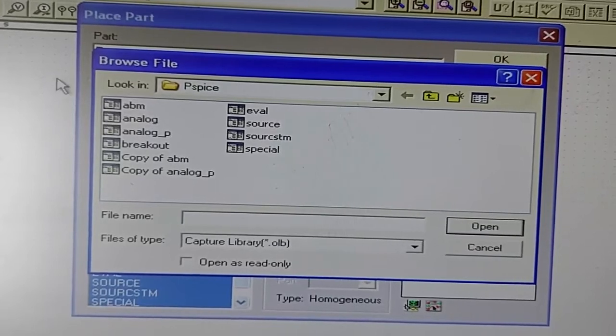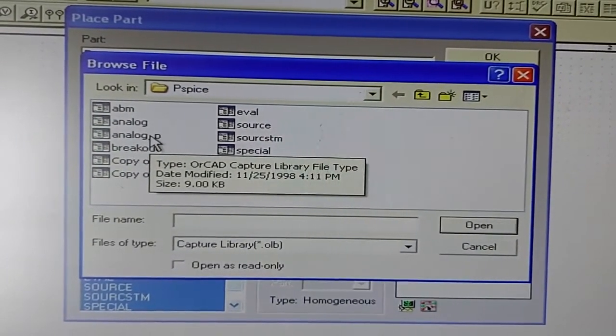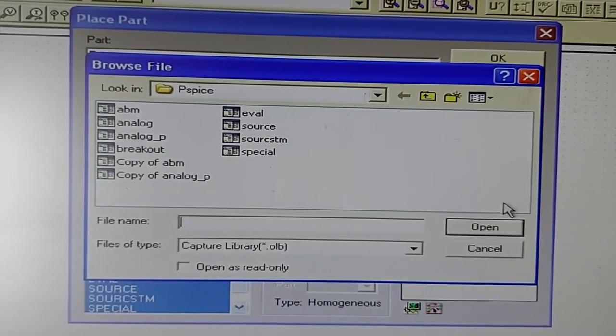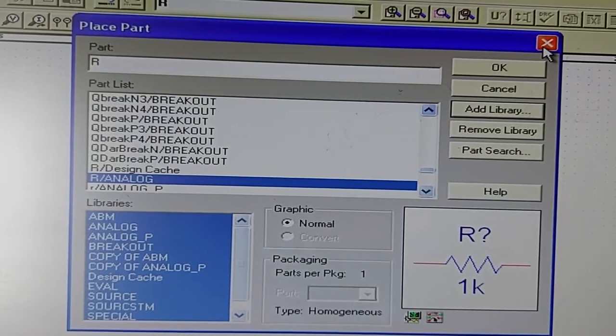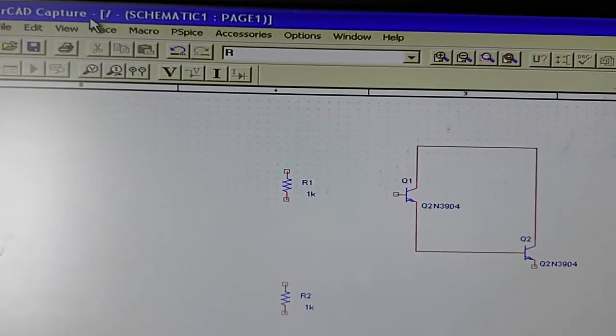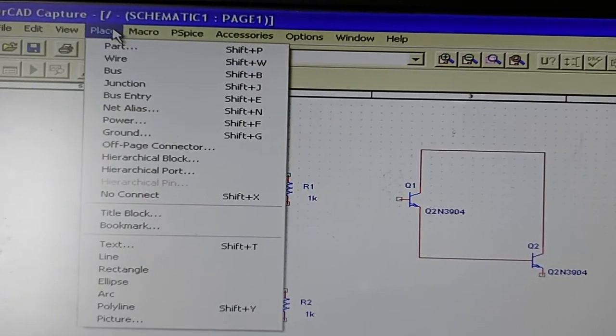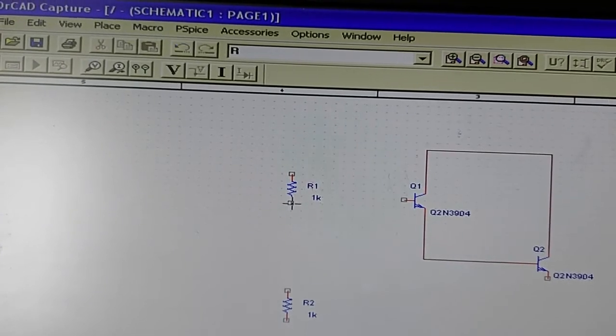It's better to add all because the transistor is available in the analog library. Once that's done, we place the transistor, and to add these wires, we have an option called wire. Then you can do the connections this way.